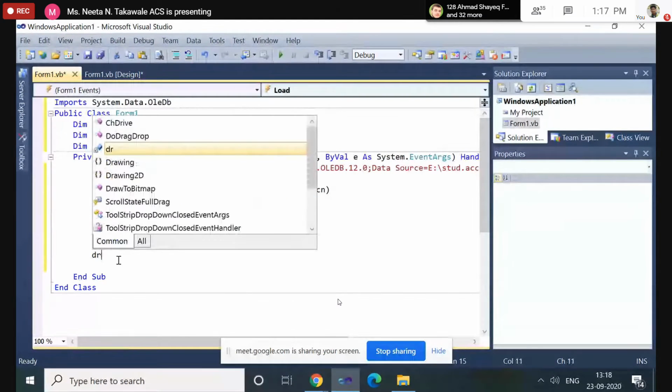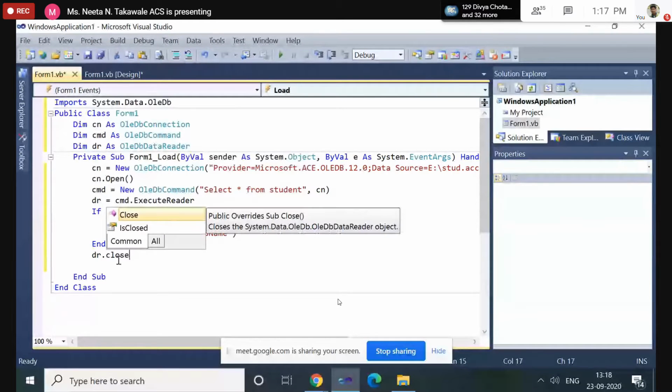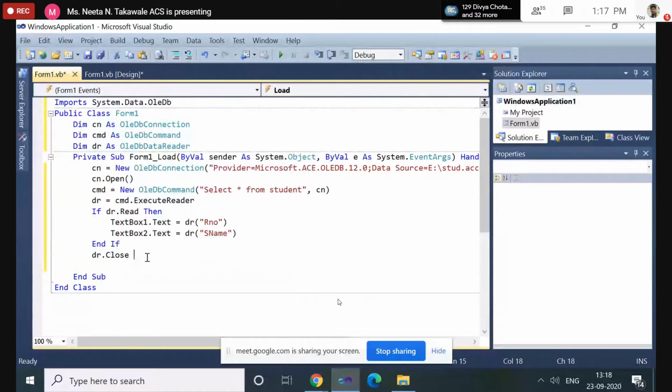And next, close your connection. Now remember one thing, I forgot these last steps. Till now, in whatever database programs we have discussed, I forgot these steps. Always close your connections: cn.close. Why is there a need to close the connection?